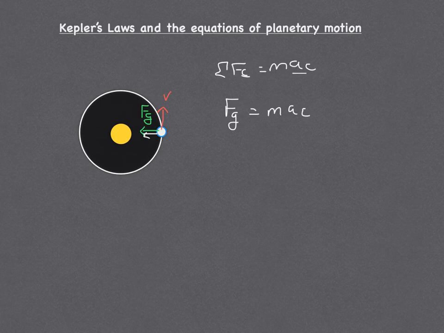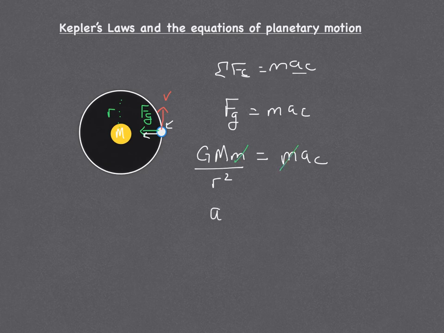And we know that the universal law of gravitation is equal to this, where big M is going to be the mass of the larger object, little m is going to be the orbiting object, and of course, r is the radius of the circle. You can see that we have the little mass on each side, and solving this for the centripetal acceleration,